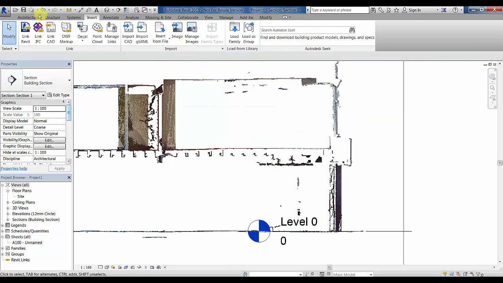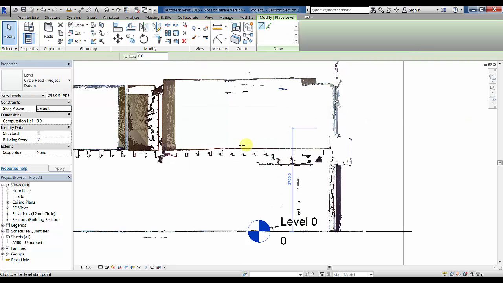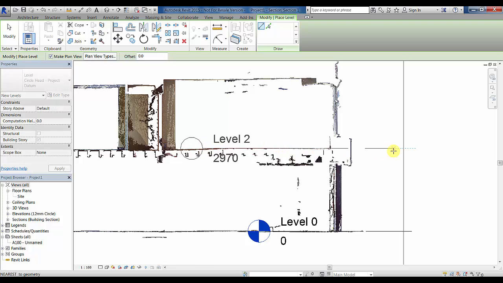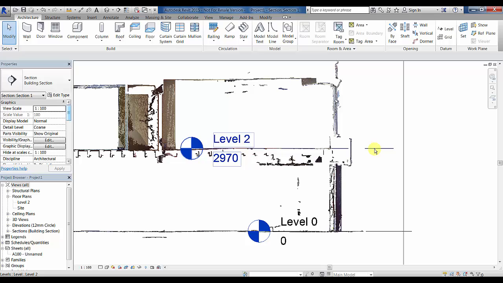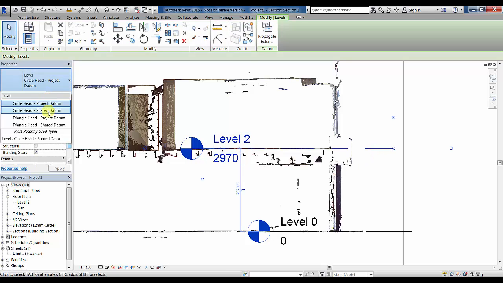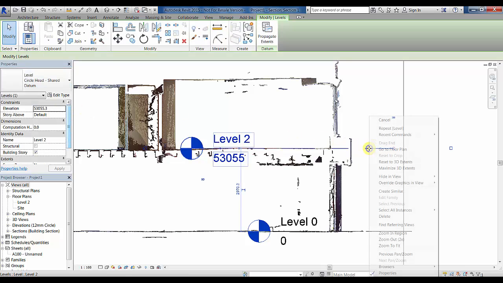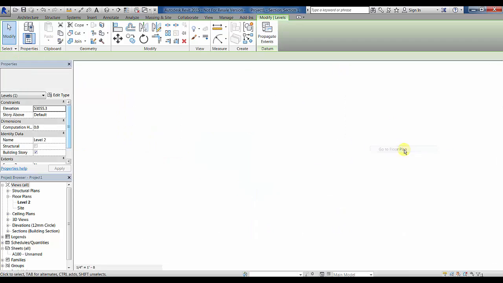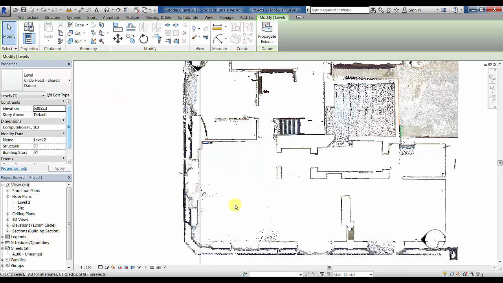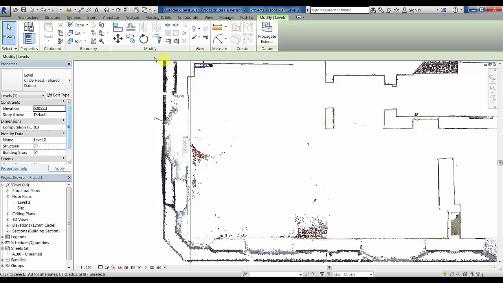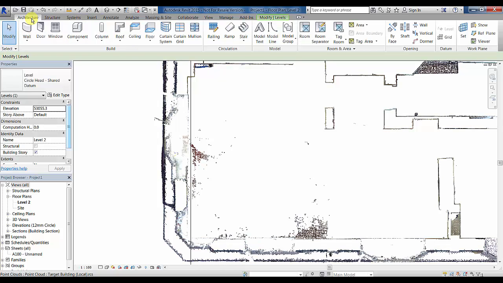I'm just going to delete this level and create a new one to open up a floor plan, and I'm going to create a new floor within there just to show the coordinate system and just show proof of concept. So if I open up my floor plan and just quickly make an architectural floor,